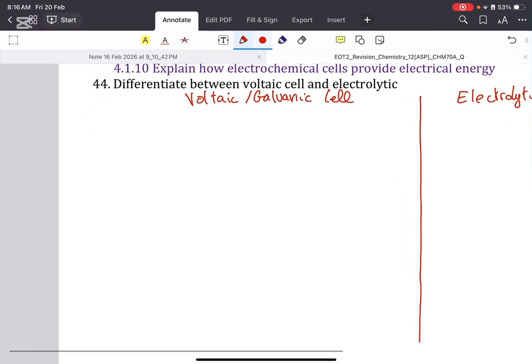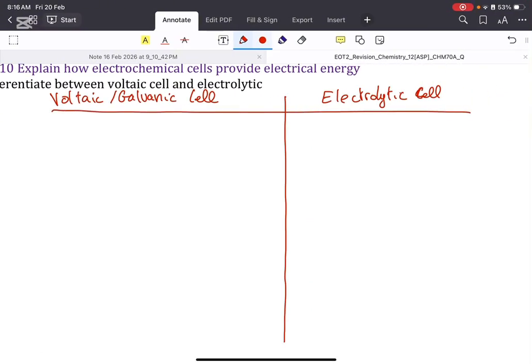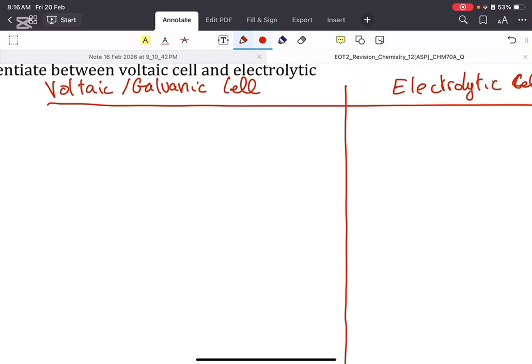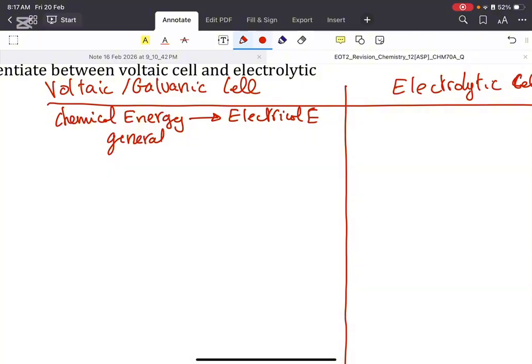First of all, the main important difference between these cells is the conversion in energy. A voltaic cell involves a chemical reaction that produces an electric current. So there's a change from chemical energy to electrical energy. It generates